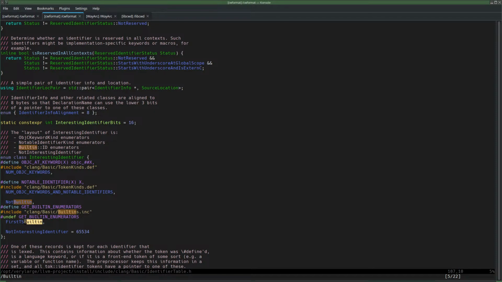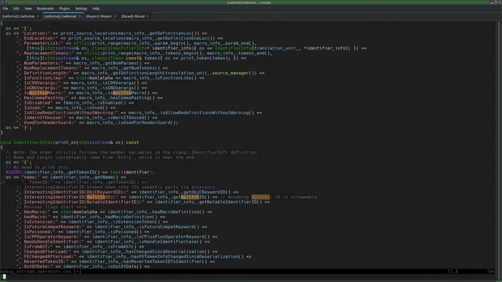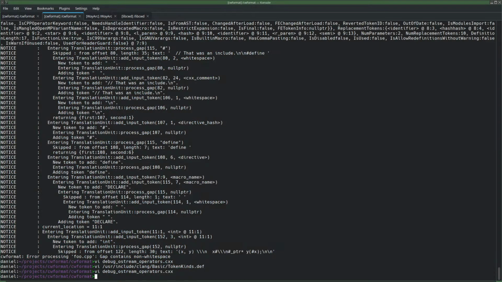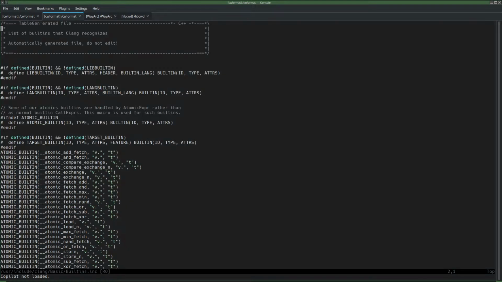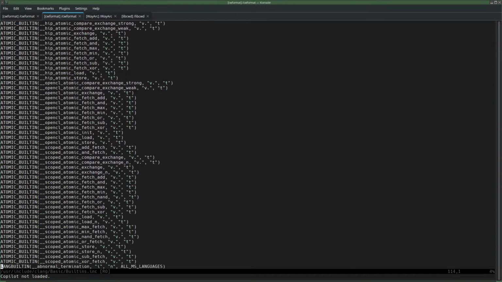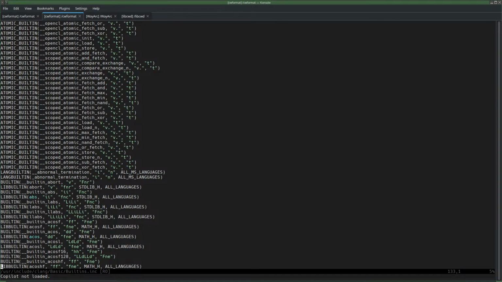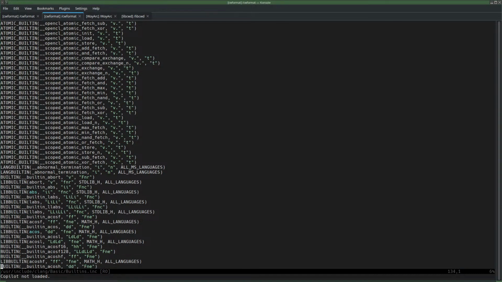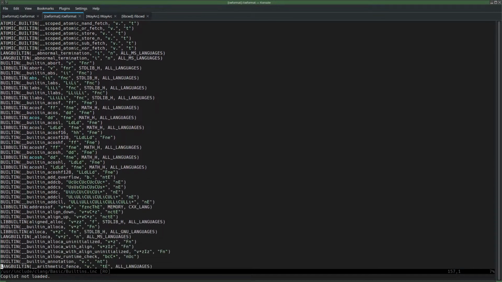Also included from a header here, built-ins. I have to look at that in order to understand what it is. Wait, did I change this? Yep, I did. Oh, like that. Well, that's super interesting. Oh no, actually, well, it looks like